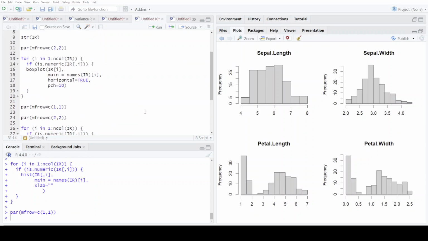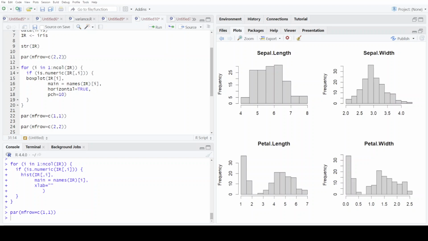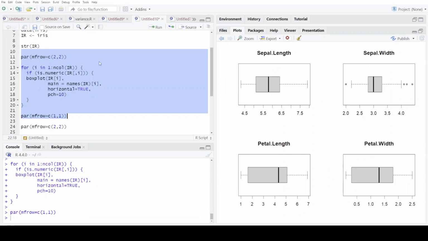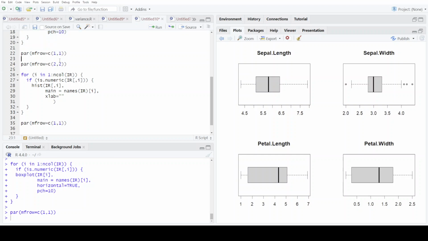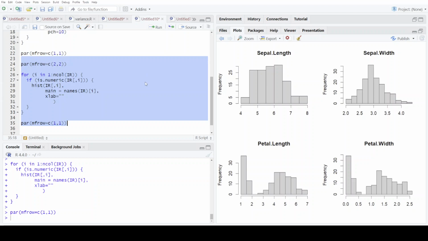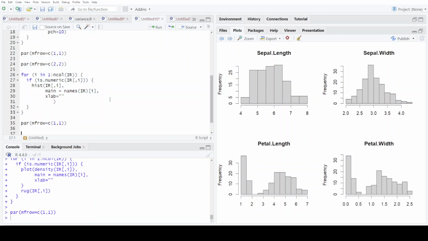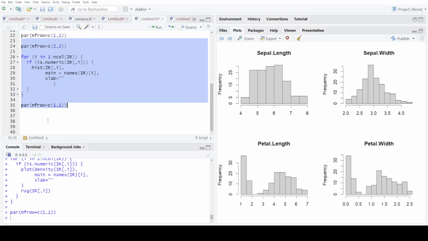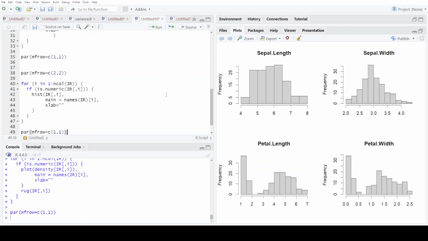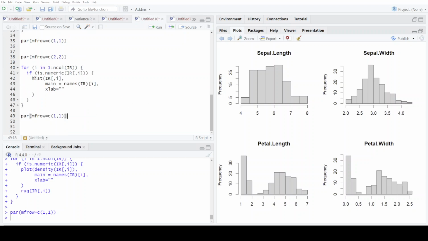So now that's just a little bit of code that lets us loop through and do just as many box plots as we like, only the numeric columns. Here's another one that lets us go through and look at only the numeric columns, and in this case, we're doing histogram. Another kind of plot that I like to do often, as do many, is a density plot. So let's just go ahead, and you can see that this can easily be adapted for almost any sort of visualization that you want. So in this case, I want to do a plot,